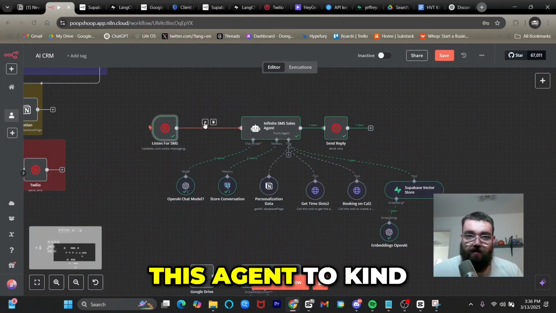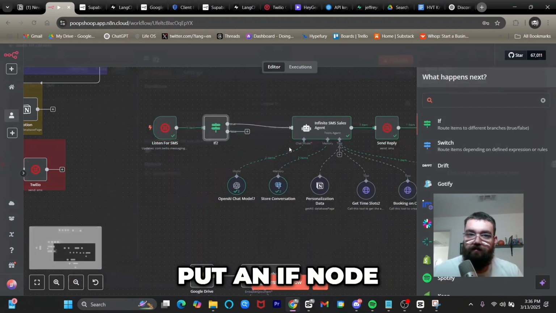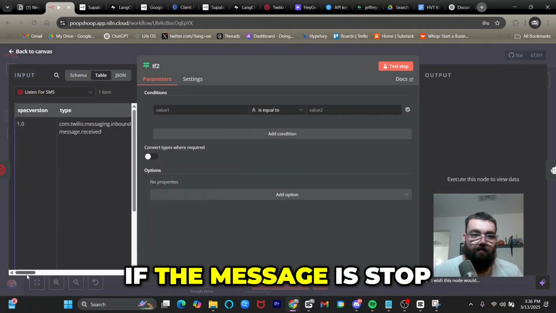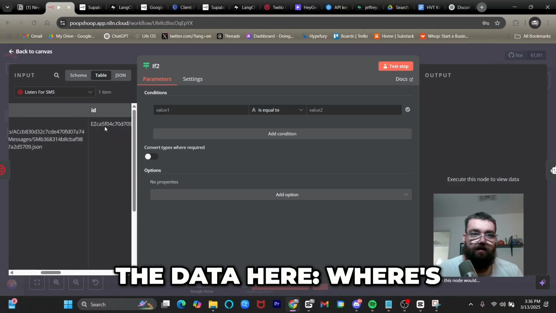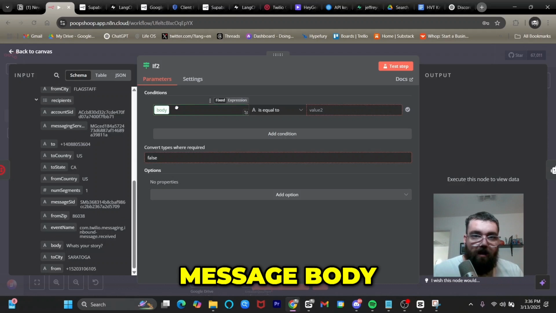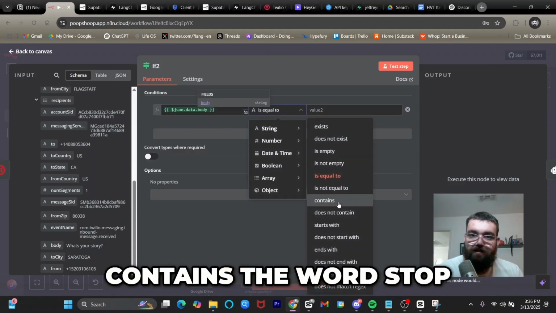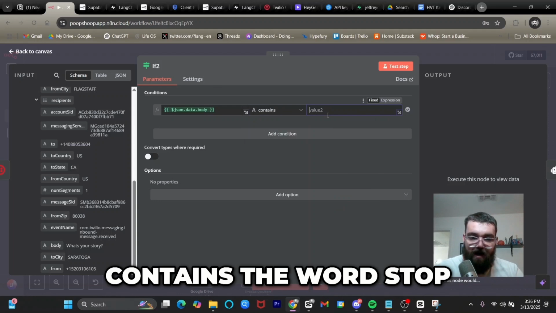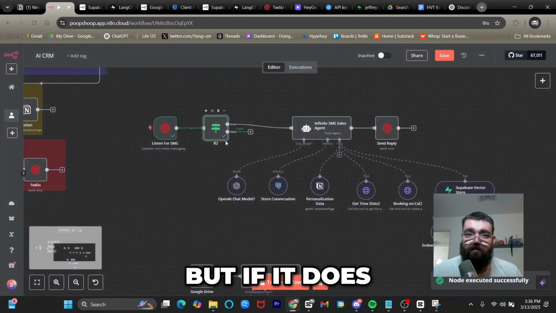The next thing I'm going to do to improve this agent with compliance is put in an if node, and I'm going to say, if the message is stop. Let me put in the data here. Where's the message? Message body. If the message contains the word stop, then we're testing that, and it doesn't contain the word stop. But if it does,